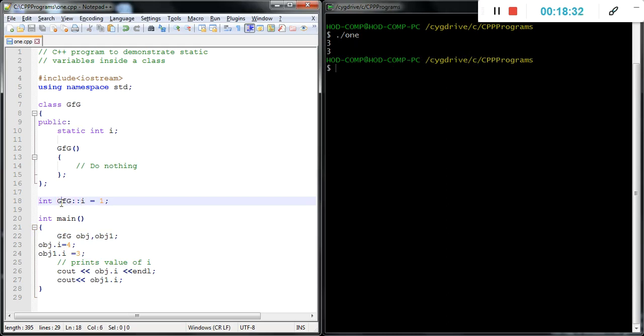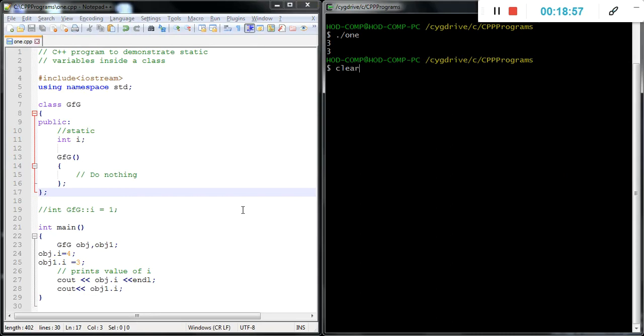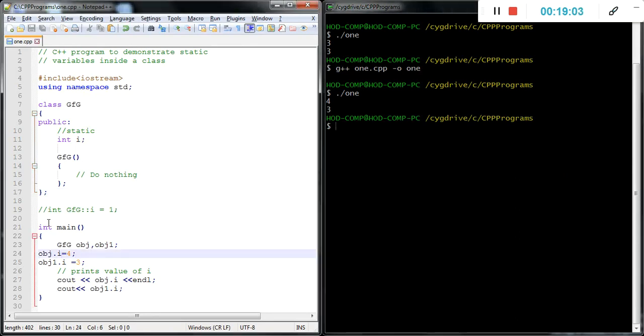That's why it only allocates one memory for I, not two separate memories for the two objects, object and object1. If we remove the static variable definition and initialization, it prints the output as 4 and 3. This is simply the use.